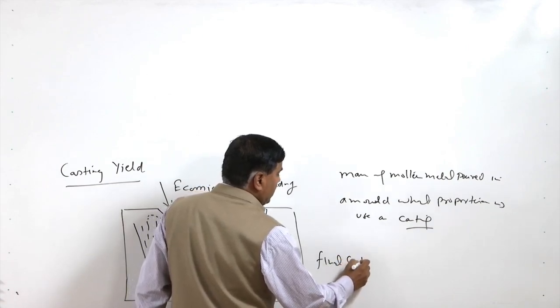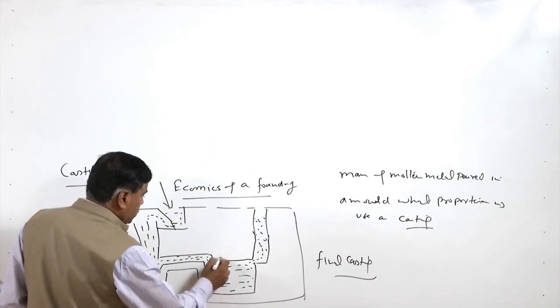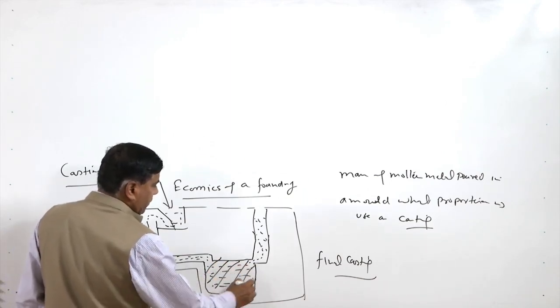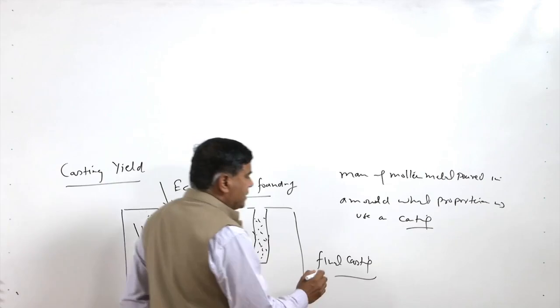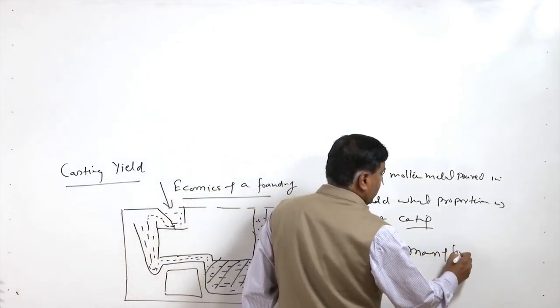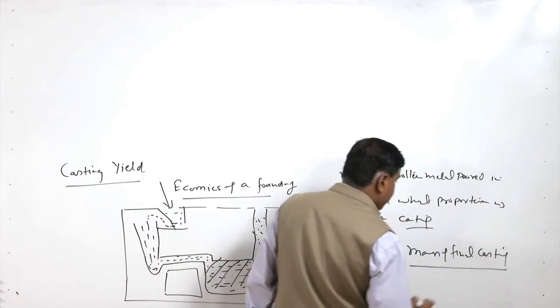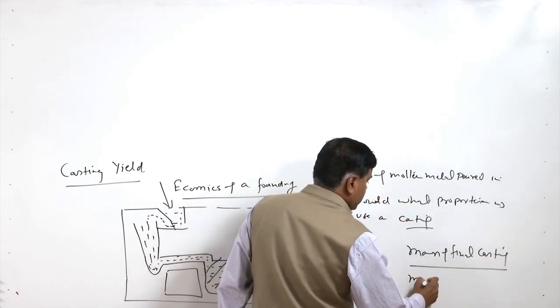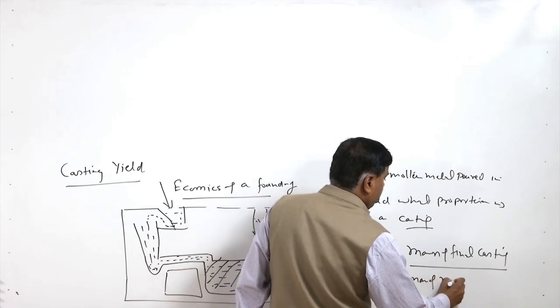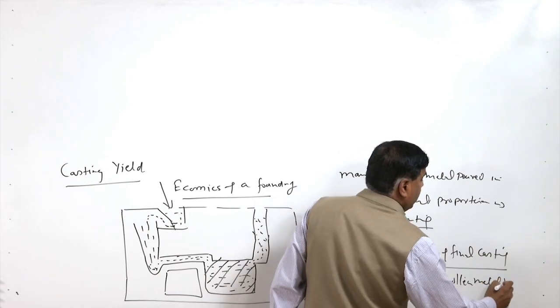The final casting is just this zone. So, the mass of this casting is actually used: the mass of the final casting divided by the mass of the molten metal poured